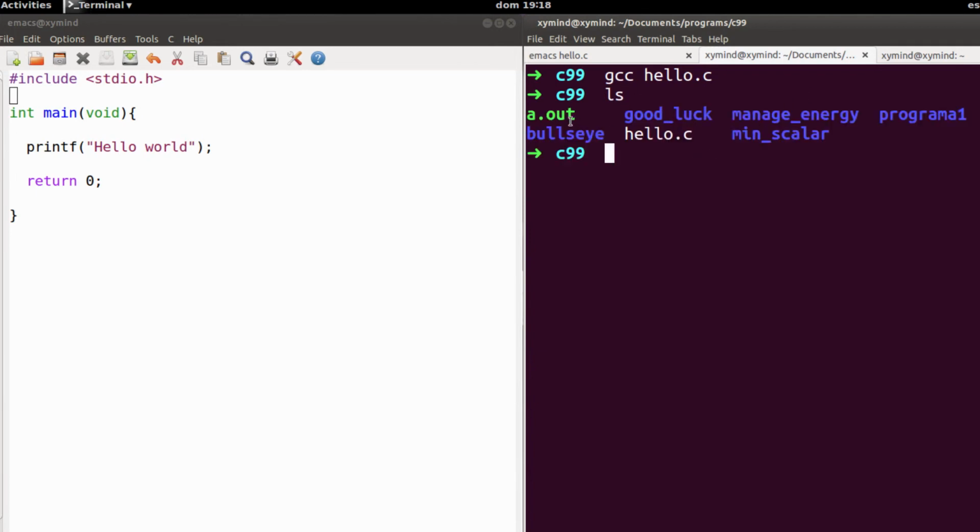After we type in that, you will see this file over here. This is a binary file called a.out. This is an executable file which you can execute using ./a.out, and you will see the result, hello world, and that will be the output of my program. Now notice that we have this little sign over here. This is my console symbol. I'm actually using